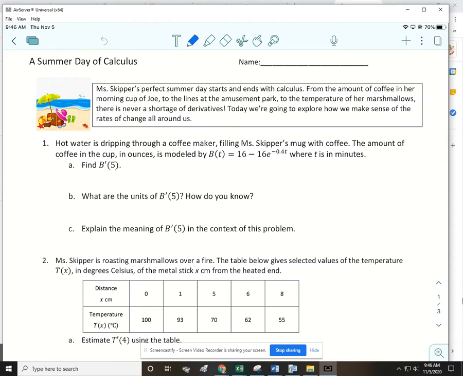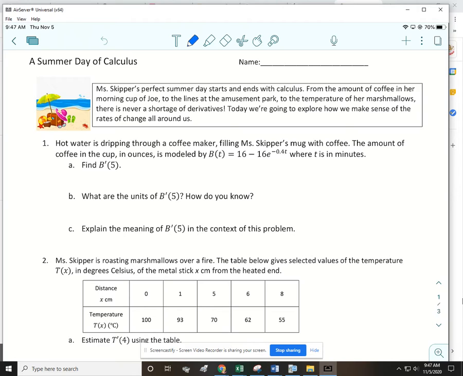From the amount of coffee in her morning cup of joe to the lines at an amusement park to the temperatures of her marshmallows, there's never a shortage of derivatives. So we're going to explore some of the rates of change that occur around us. So for number one, the hot water dripping through a coffee maker filling the skipper's mug with coffee. The amount of coffee in the cup in ounces is modeled by that function B of t, where t is time in minutes. So we are going to find